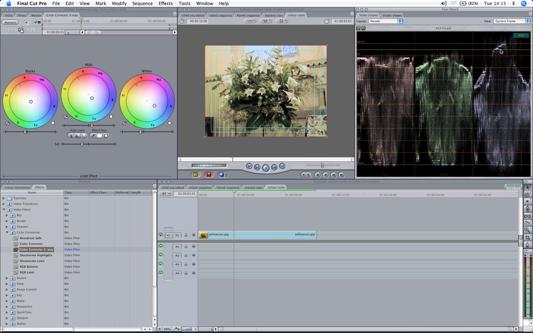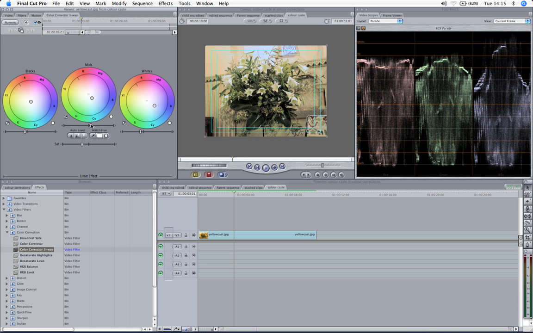So if you have all of your corrections done at this stage and you're happy that the image looks pretty good, and you want to send it off for broadcast, for instance, or you just want to make sure that none of your whites clip over that line, you can use another filter called Broadcast Safe. The Broadcast Safe filter, if you watch the blue